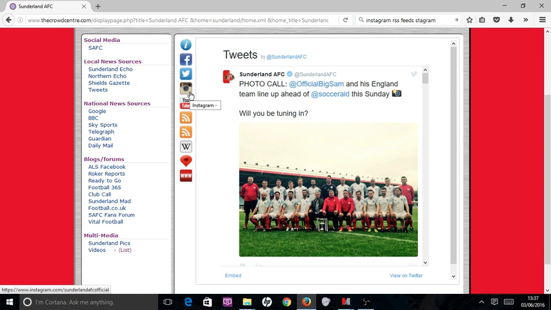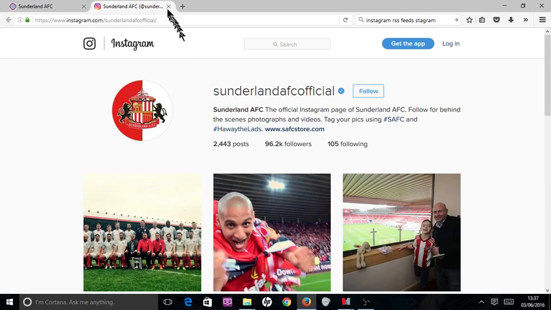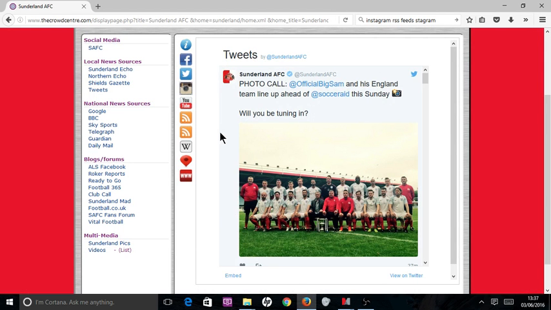Some, like Instagram, one moment they do allow you to provide tools to create the content, the next you don't. So in the cases where the content isn't readily available to go into this section, we simply link to the content. So there's the appropriate Instagram page for Sunderland FC. Just exit to return back.